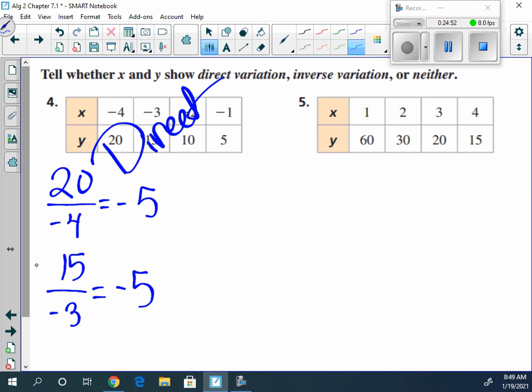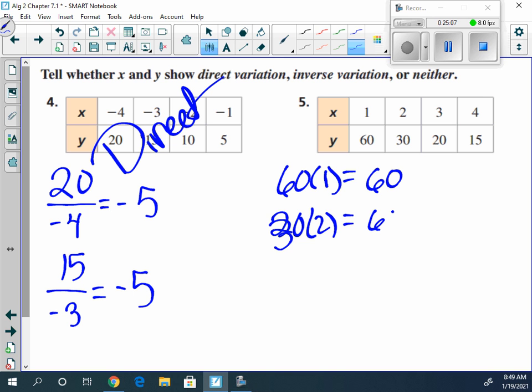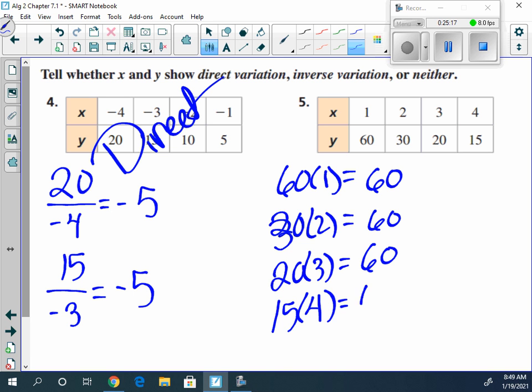Now, to check inverse, we do what? Multiply them together. So we would do 60 times 1, which is 60. Then we would do 30 times 2, which is, and then we would do 20 times 3, which is 60. 15 times 4 is,